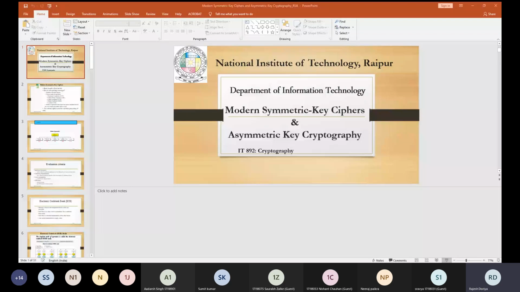Or it may be possible that the data which we have got in our hand may not be that much where we can straightforward apply the symmetric key encryption techniques, which are your DES and AES in general. So what to do in that situation? So these modern symmetric key ciphers are going to give you the solutions to those problems or situations. So we'll talk in detail about how exactly these types of ciphers deal with those situations.